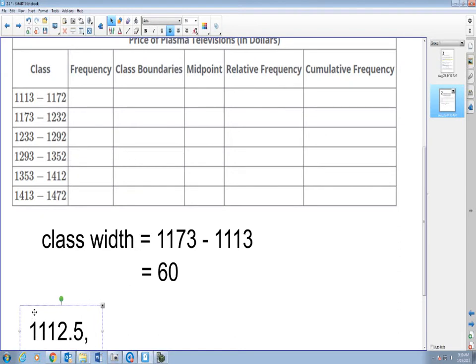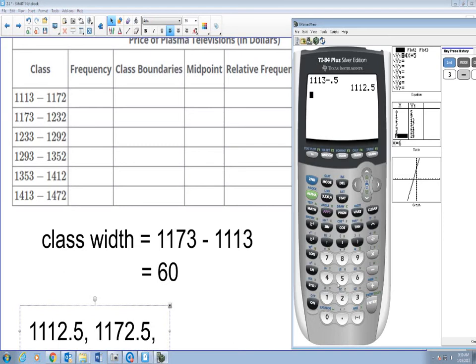1112.5. Alright, the next one, I'm gonna take the upper class limit of my first class and add 0.5. That will be 1172.5. The next one will be the lower class limit. If I take that number, 1173 minus 0.5, you're gonna notice it will be the same number as the one from earlier. So I'm not gonna write it down again. So move on to the next one. The next one will be